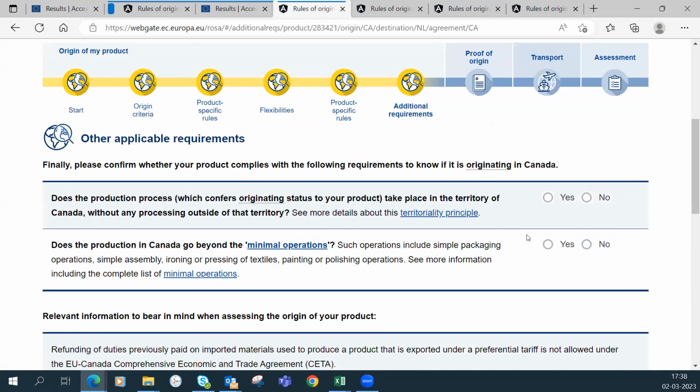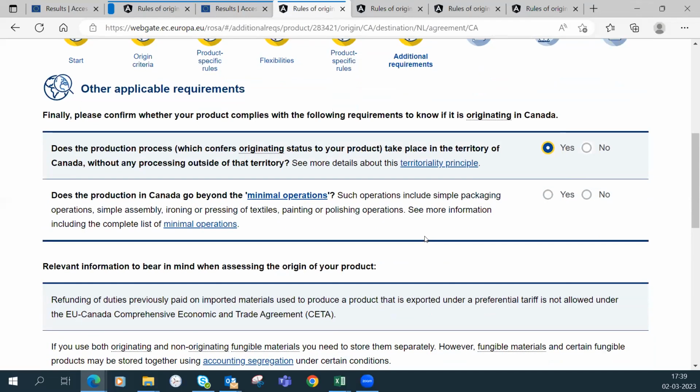You again always have to answer this additional requirement, which is that the processing that confers origin takes place in the territory of the party. You can say yes, all the processing was done in Canada. The processing that confers origin was done in Canada. And there is another additional requirement.